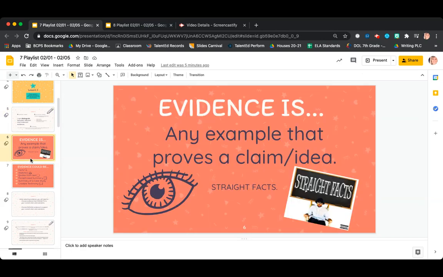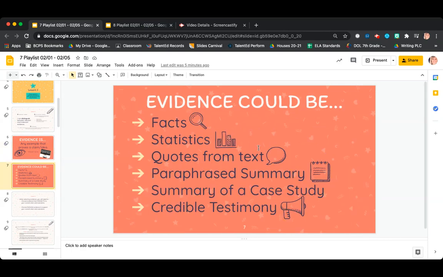So, evidence is any example that proves a claim, statement, or idea. It is straight facts. When we are talking about evidence, it is the facts. Giving someone else's opinion can happen, but only if it supports your claim and only if that person is credible. So you're going to be watching a video down on lesson 3 talking about credible people and giving information about people who are